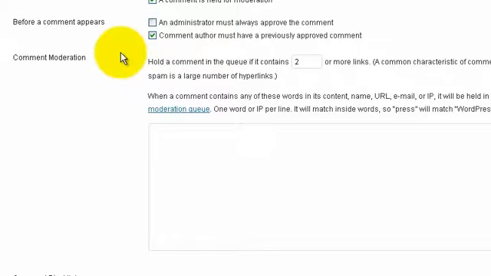Next, under comment moderation, you can also choose to moderate any comments that have a certain number of links. By default, WordPress enters 2 here, which means that if a particular comment has 2 or more links, it will require manual approval from you, regardless of whether the author has a previously approved comment or not. This is also very important in combating spam, as spammers tend to leave comments with multiple links in the